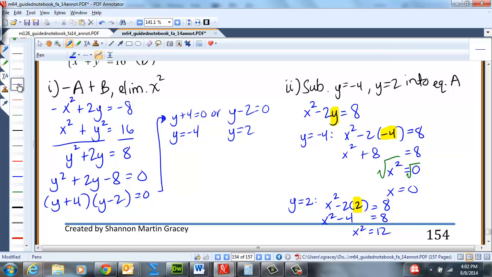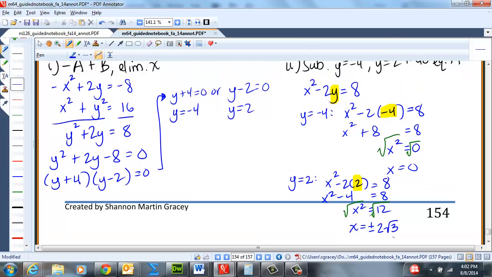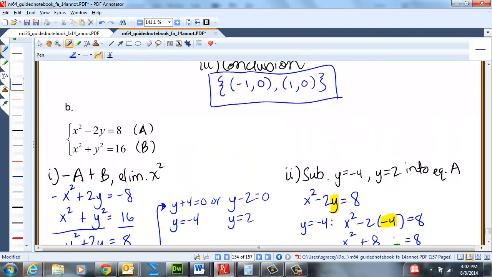If I square root both sides, we get x will be plus or minus. Now 12 is 4 times 3, and the square root of 4 is 2, so we'll get plus or minus 2 root 3. So let's see how we end up getting, wow, 3 results for this problem. Let's bring our conclusion up here. I know it's a bit out of order, but the conclusion for this one will be,